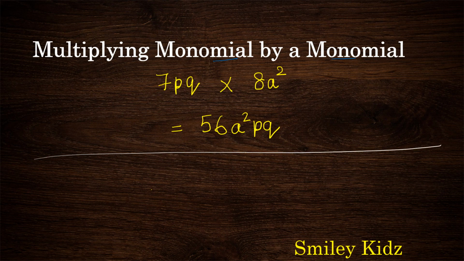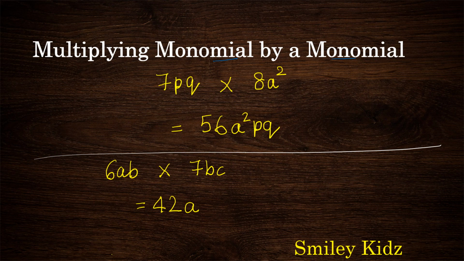Let's say I have the monomial 6ab and the other monomial is 7bc. In case I need to multiply these two monomials, then first I will multiply their coefficients. In this case, it is 6 multiplied by 7, which gives us 42. Now let's multiply the variables. Here we have only one a, so we're going to write just a, and then in the first monomial there